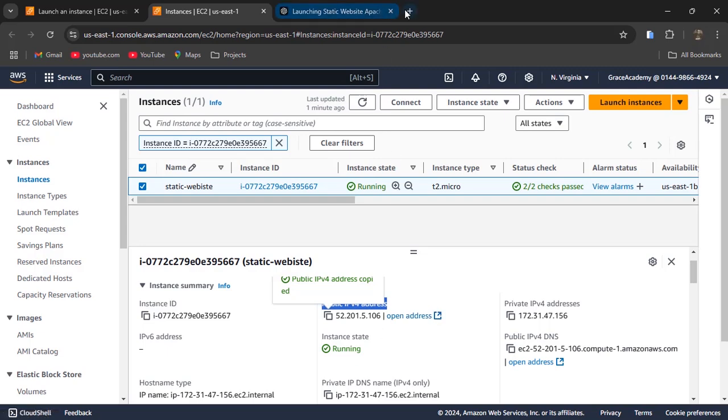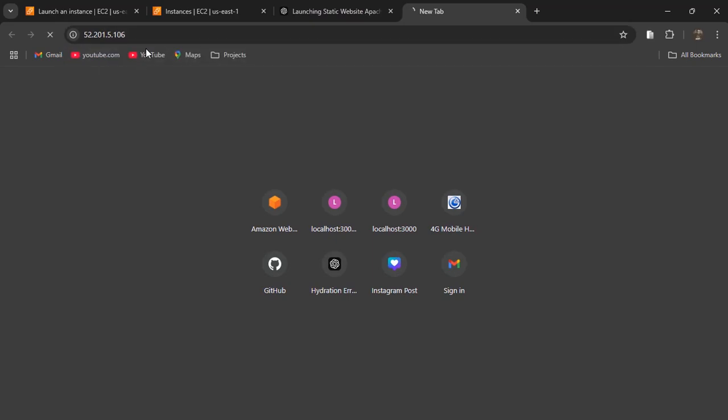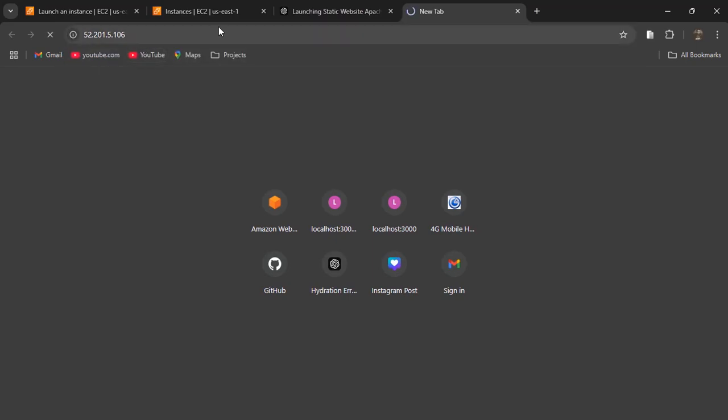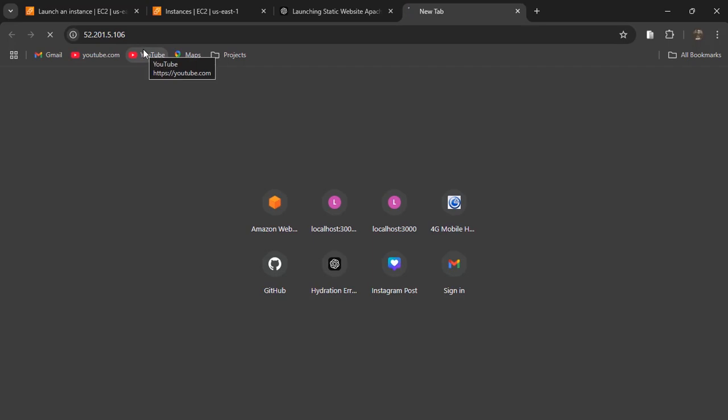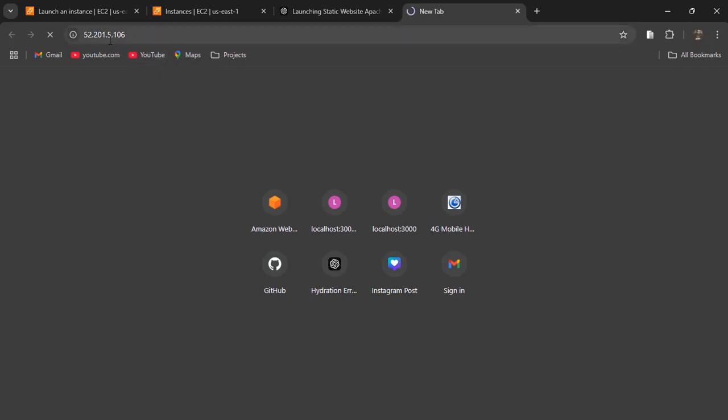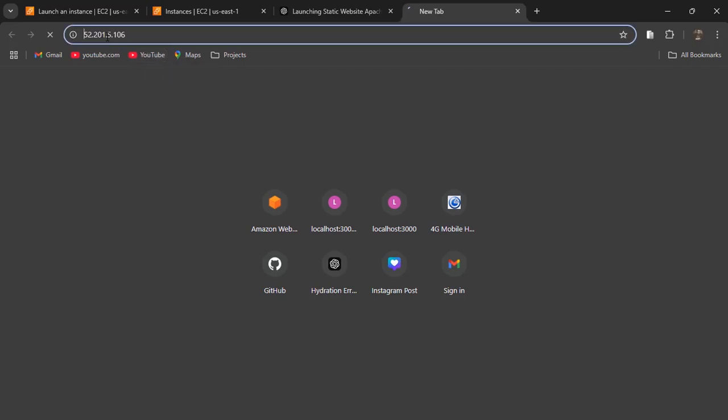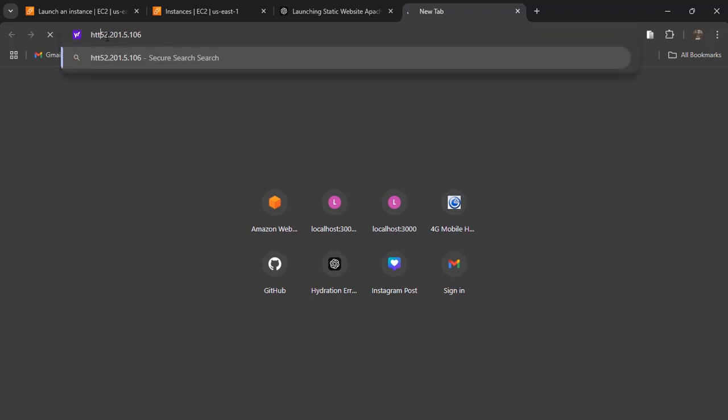Sorry. So I just copied the link, and I will paste it here. So I think, yeah, it is loading. Okay, well, what's the problem? Let's put the HTTP